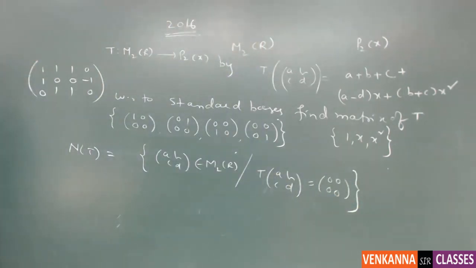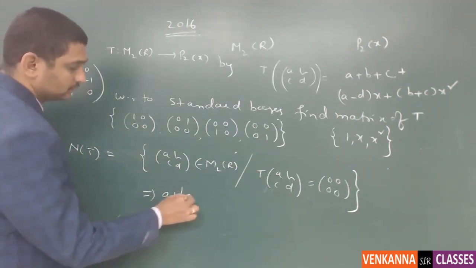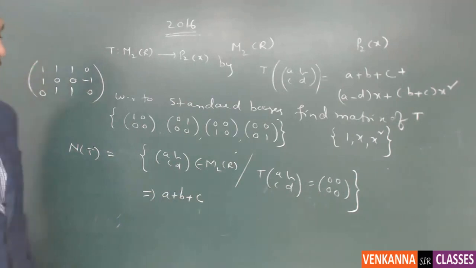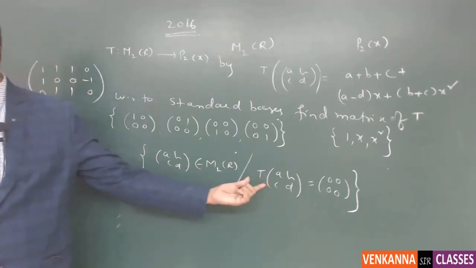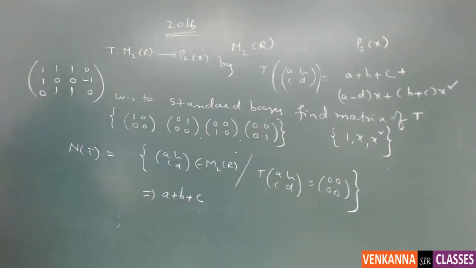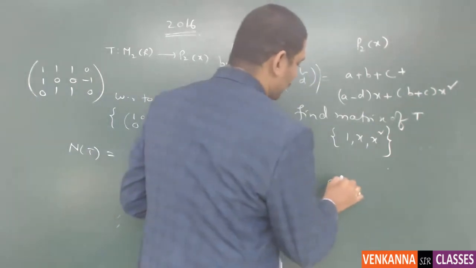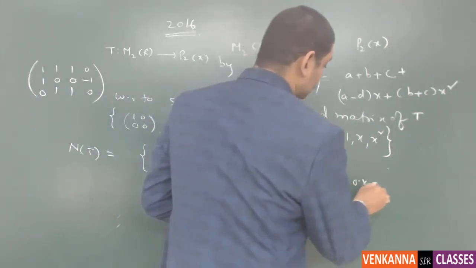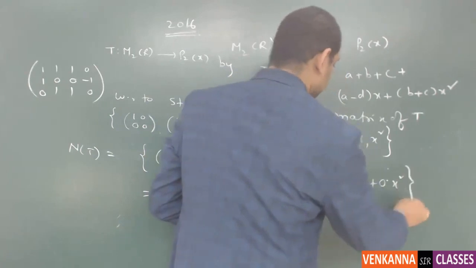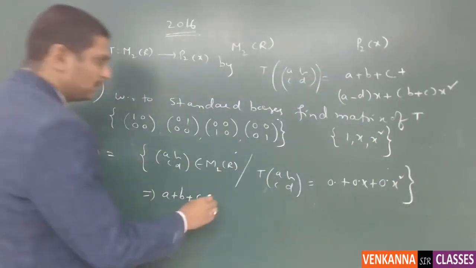This is the definition of null space. Agreed? Right. Now, if you apply the definition, please understand here the domain is a matrix, the codomain is a polynomial. So while writing the null space, we should take care that it is the zero polynomial. The null space is defined like that. So from this you can say